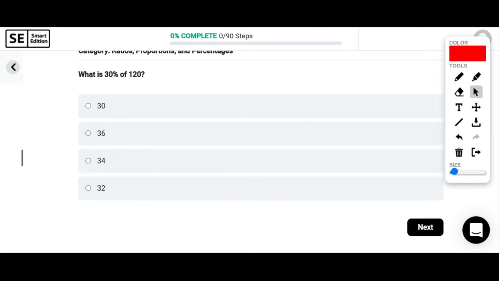Okay, what is 30% of 120? I am going to stick with my strategy that I've been using before. Part over whole equals percent over 100. What is 30% of 120? So